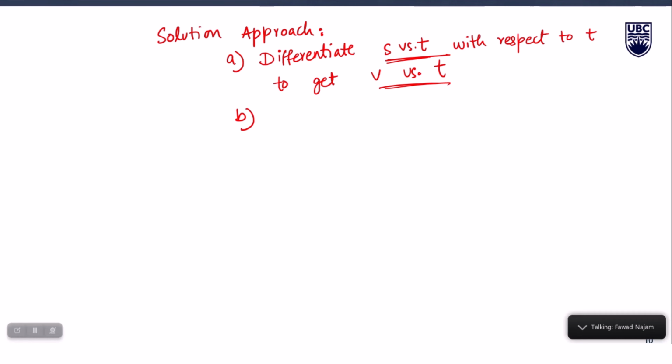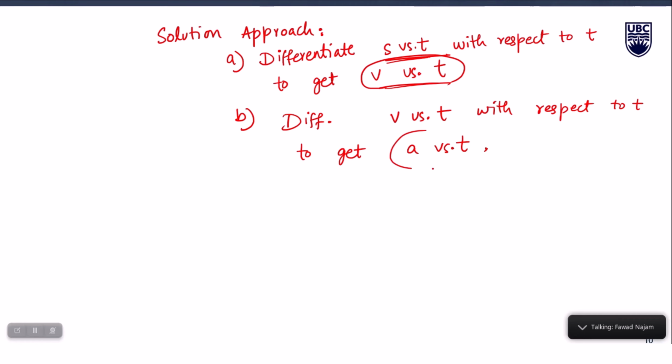So differentiate V versus T, which you just determined in part A, with respect to time again, to get A versus T, right? So you will actually be getting both V versus T and A versus T. Once you have these two relationships from the given S versus T relationship, now you can answer all those questions